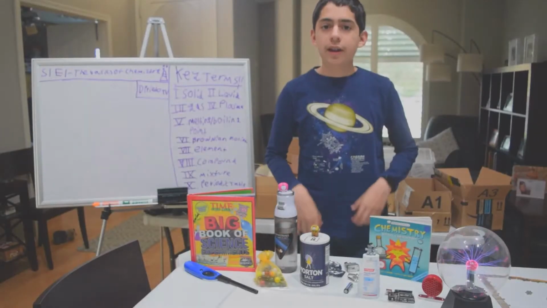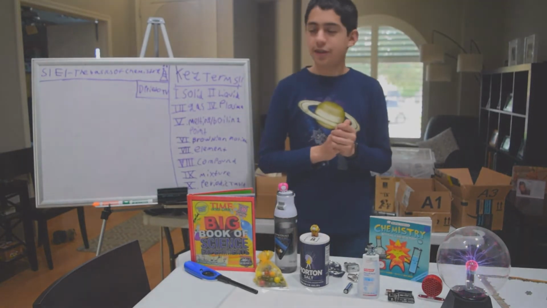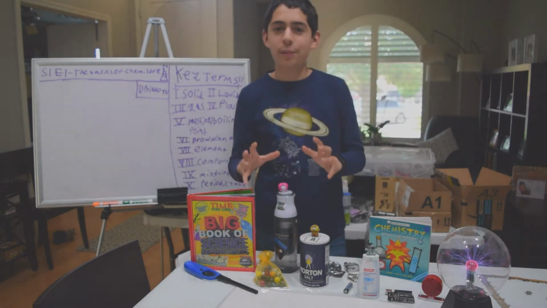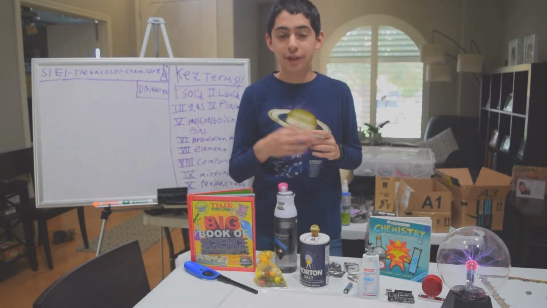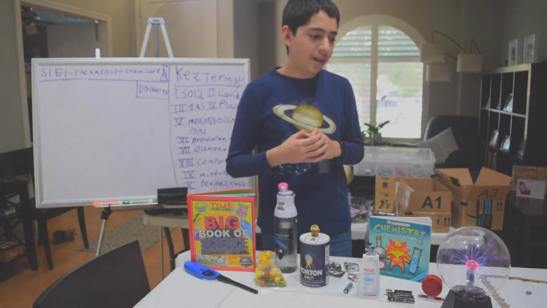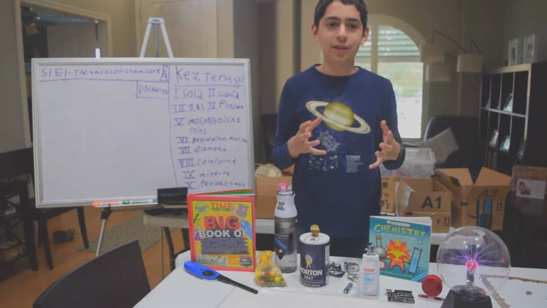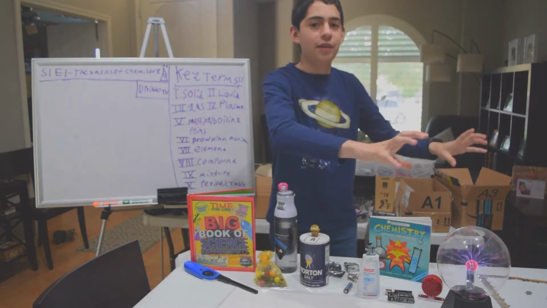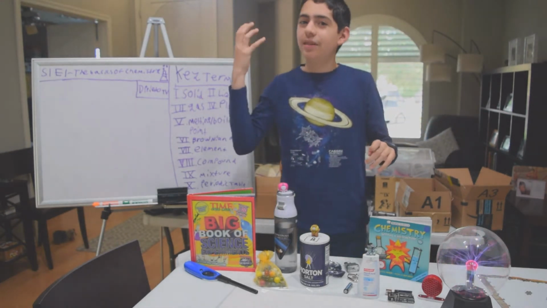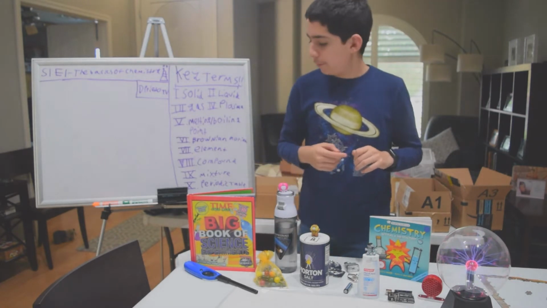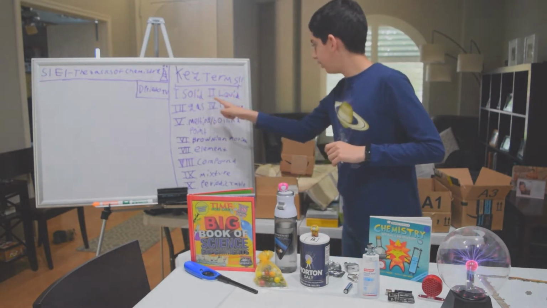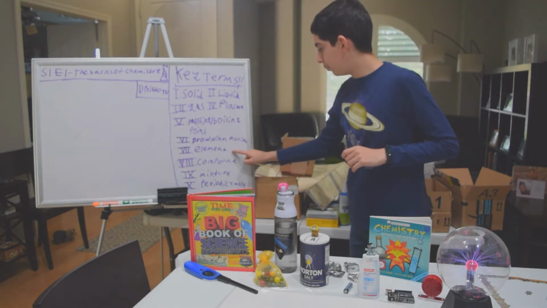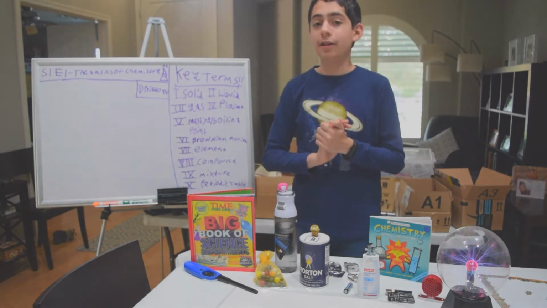So let's get started. This is where we'll be doing our lessons. Today's lesson is the basics of chemistry. I'm going to try to make this as simple as possible to help you as viewers understand, because some of these things are a little too complex. So we won't go into super hard stuff. I'm going to keep it at an understandable level. Today we see our key terms: solid, liquid, gas, plasma, melting/boiling point, Brownian motion, element, compound, mixture, and the glorious periodic table.